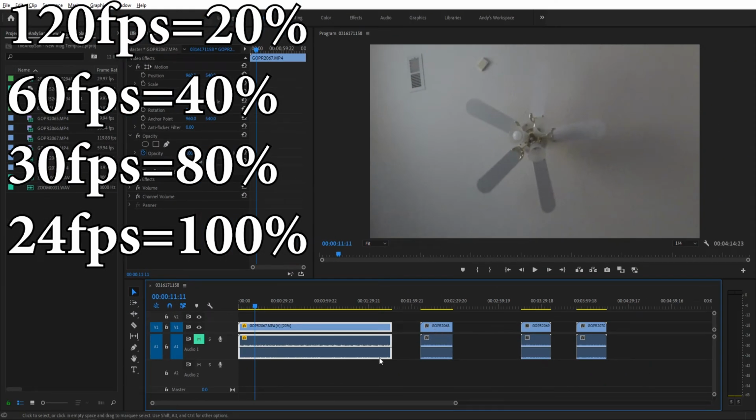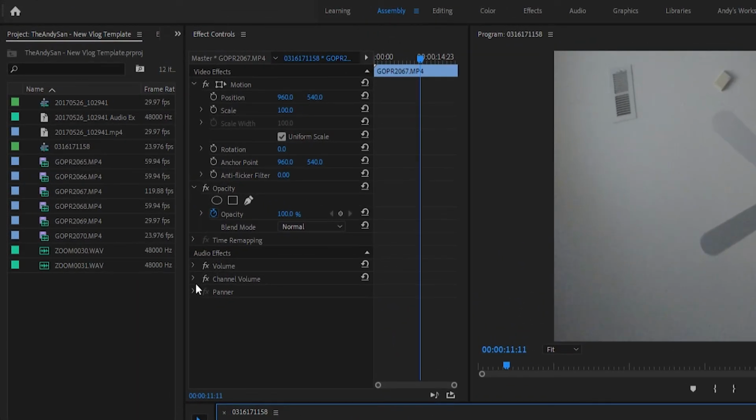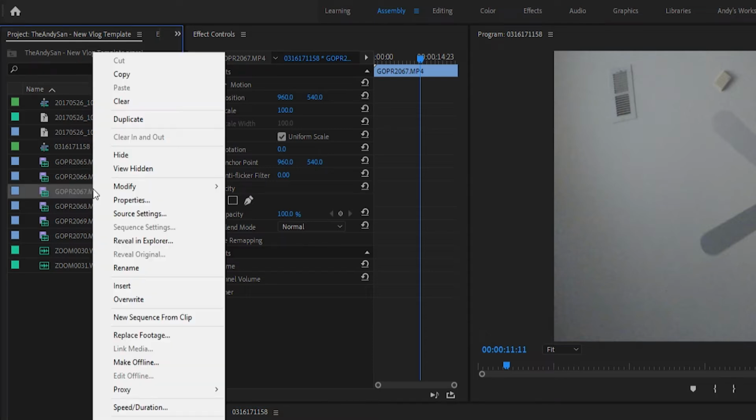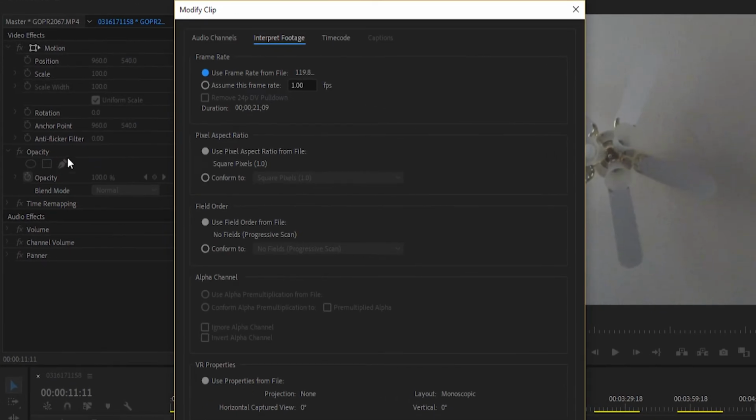So now the second way that you can use slow motion in Adobe Premiere Pro is to use the interpret footage method. Now we'll go ahead and go to our project menu here. We'll select the 120 frames per second clip once again. We'll right click, go to modify, and go to interpret footage. And here you can go up to frame rate, and it's using its current frame rate of 120 frames per second. We'll go ahead and select this and put it at the 24 frames per second of the sequence,